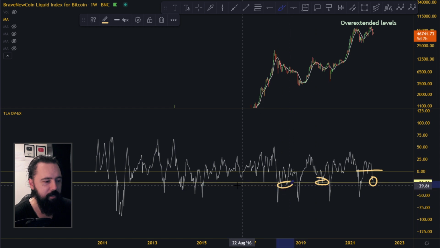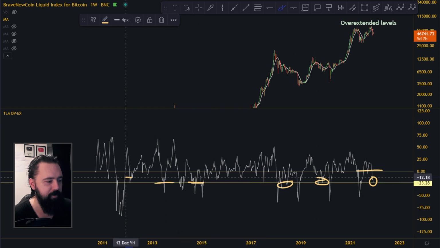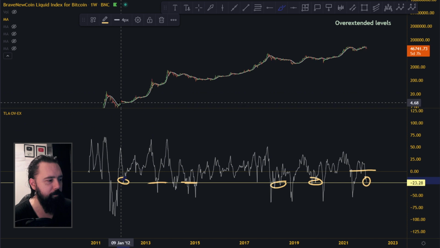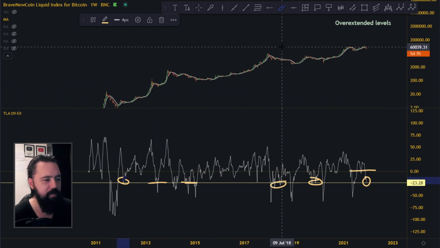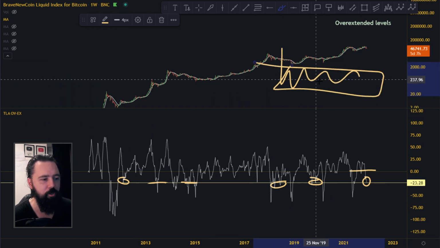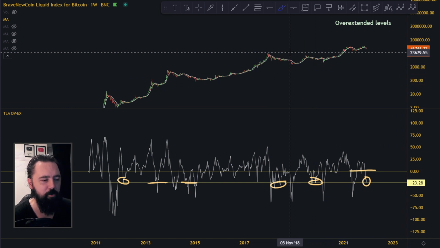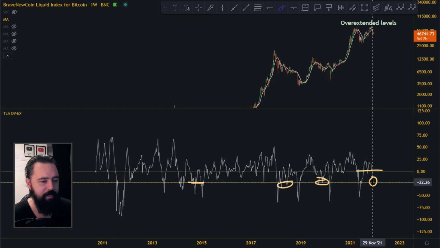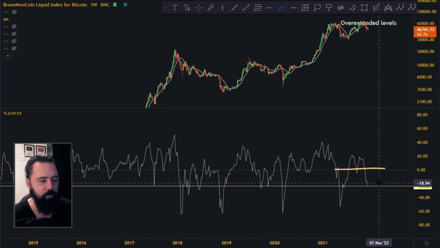You can see down here these very extended levels, even down here when we are just about to break the downside, they do not happen very often. These levels do not happen very often, and every time they do happen, we hit some kind of local bottom for some kind of sideways movement, or we bounce towards the upside eventually, right? So right now we are hitting these very overextended levels on the weekly time frame.